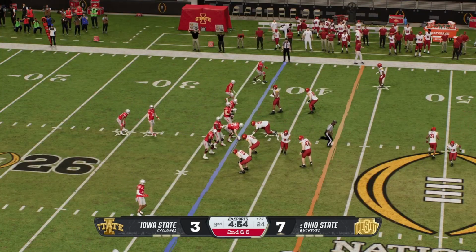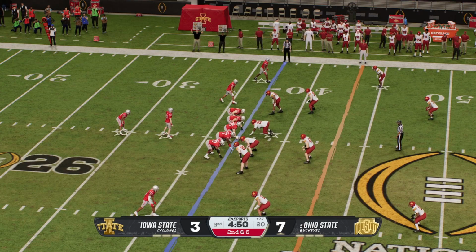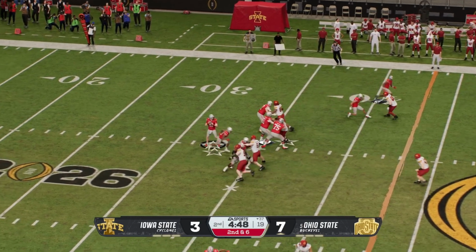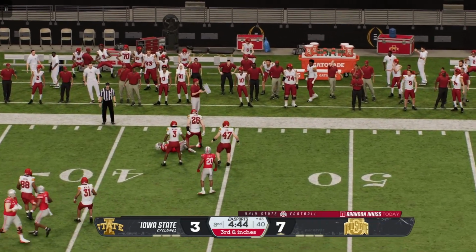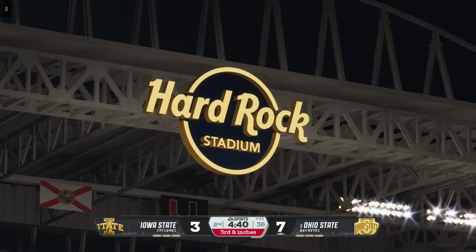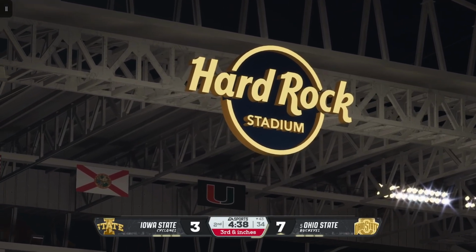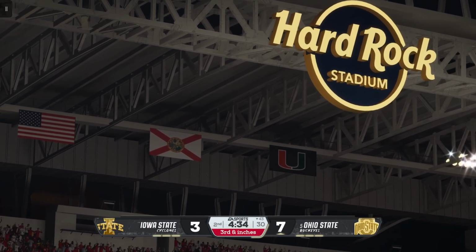Getting set. Here's 2nd down. There's the snap. They'll set up the throw. It's a quick grab. He's stopped just short of that 1st down marker, inches away from it. Well, the defense didn't have any time at all to get pressure on the quarterback. He gets the ball out of his hands pretty quickly on the hitch to the receivers.